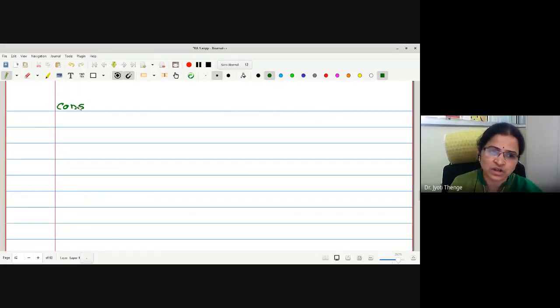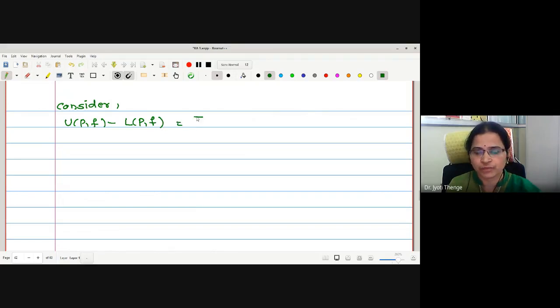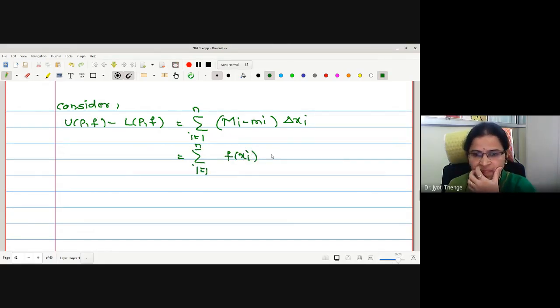Now, I am going to consider the difference between the two sums, UPF minus LPF. May I write this directly as summation i equals 1 to n of capital Mi minus small mi into delta xi. But as we have found just now, capital Mi is f of xi, and small mi is f of xi minus 1, into delta xi. But what is delta xi we have selected? Length of the subinterval. May I say the length of the subinterval is less than or equal to the norm of the partition?